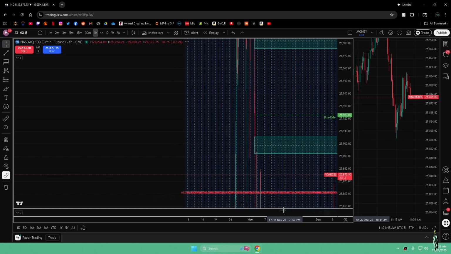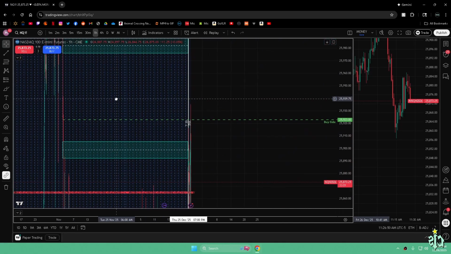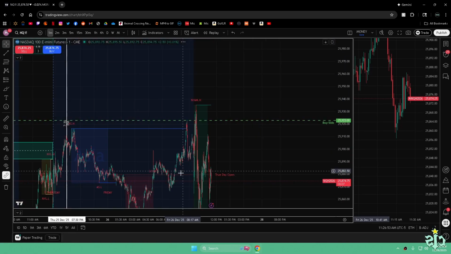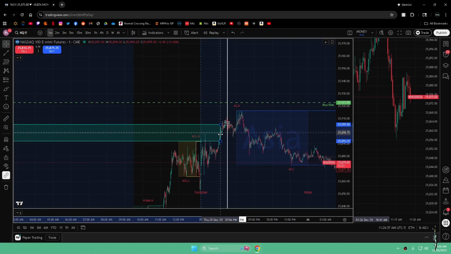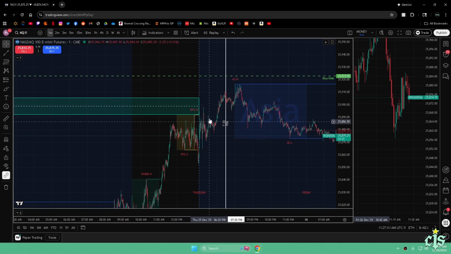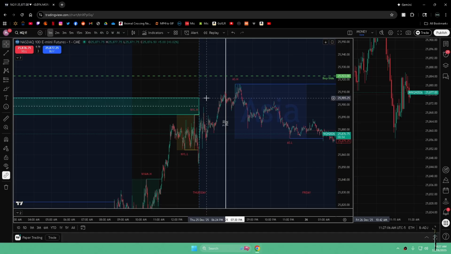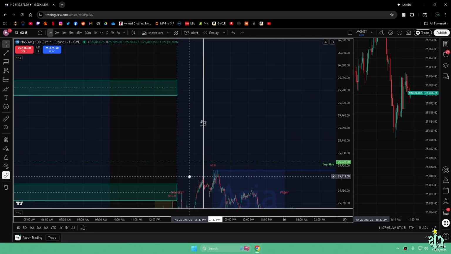So all these, so you're welcome. You could go ahead and use those. It's your own copy. But so we had this gap that got negated, right? So if you did take this trade, you could have aimed for the middle of this imbalance or the top side, and you would have been good.